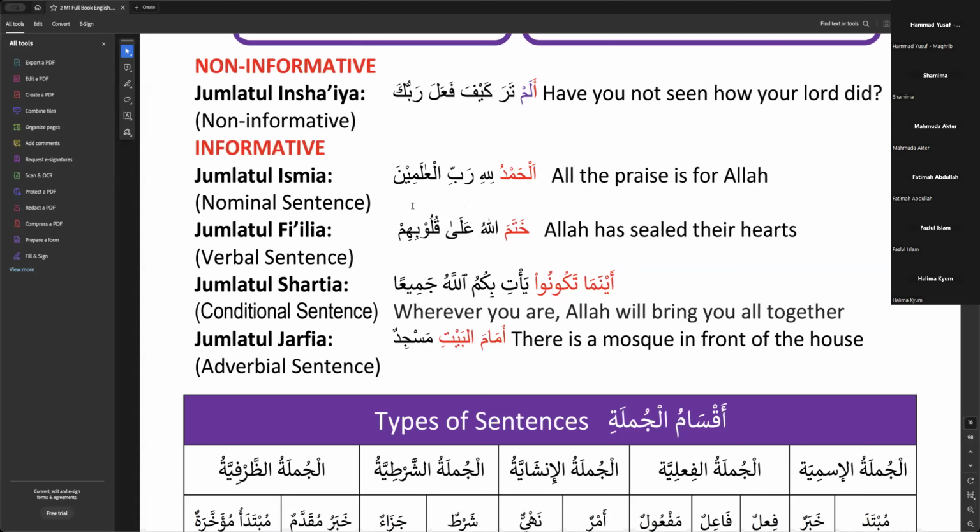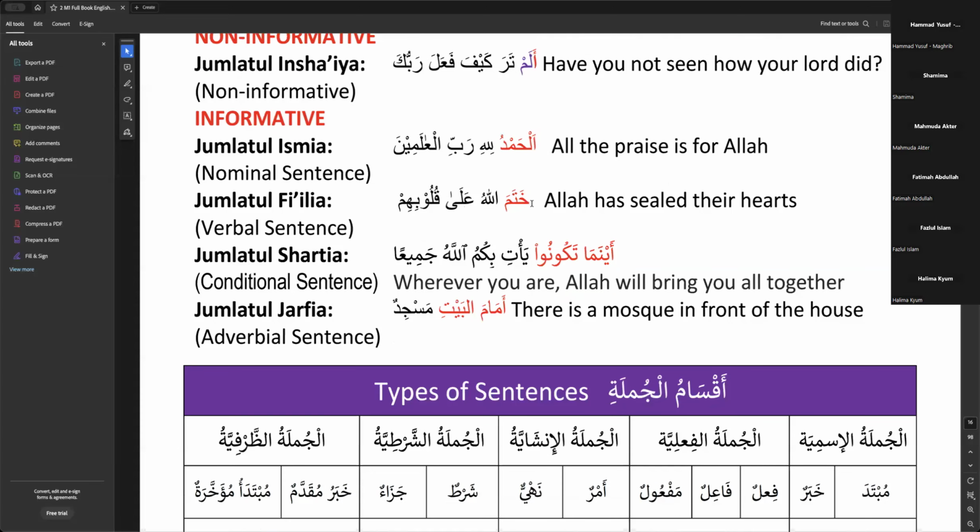Khatamallahu ala qulubihim. Is this khatama harf? What is it? The verb. It's a verb, mashallah. And it follows with the sentence, Khatamallahu ala qulubihim. Naturally,